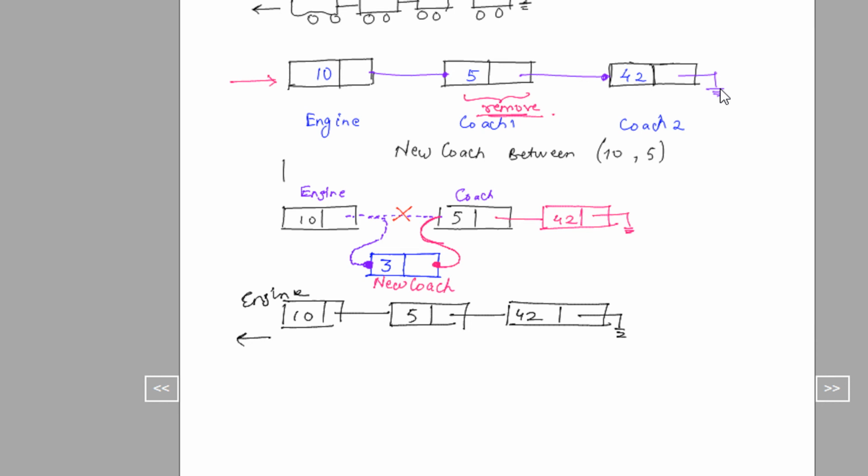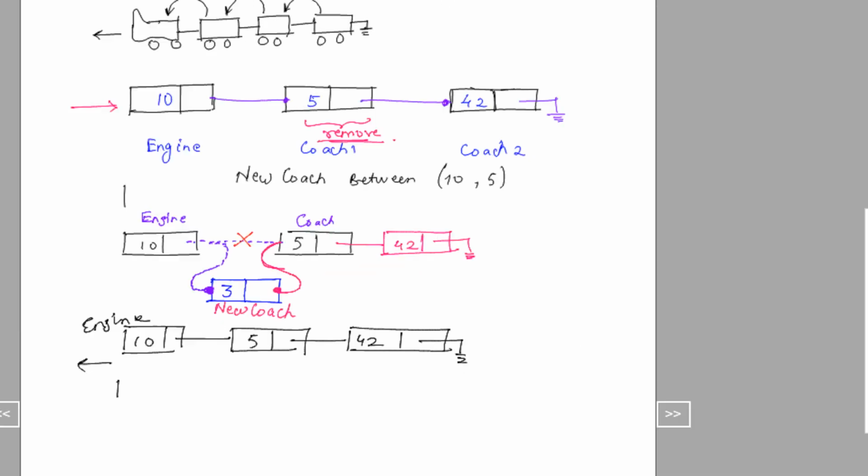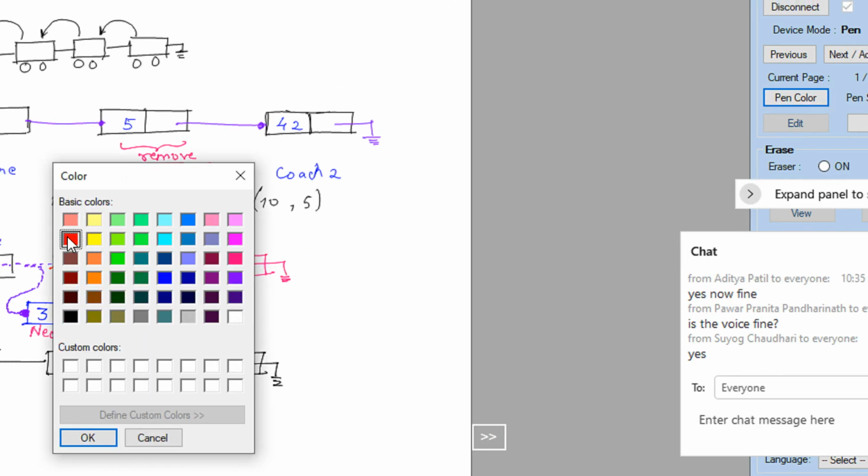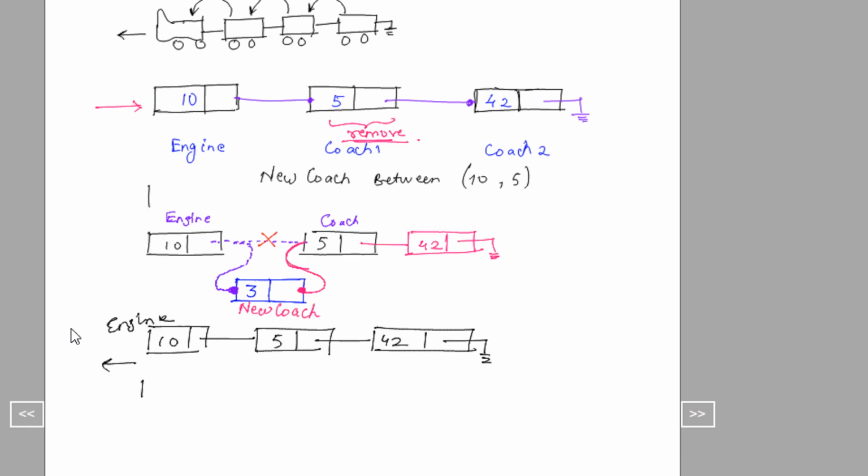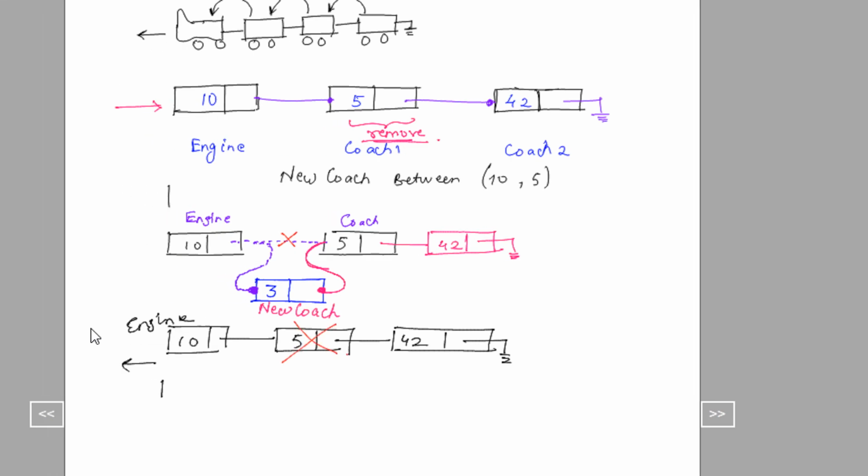Now if you see particularly, I want to delete 5. So I want to actually remove this particular thing. I want to delete this 5. Now if I delete this 5, you can see that this will become invalid and this will become invalid, right? Because I'm deleting 5, the chain connecting to 5 and the chain emanating from 5, both will become invalid, right? So I should have a solution here. So what I need to do is like,